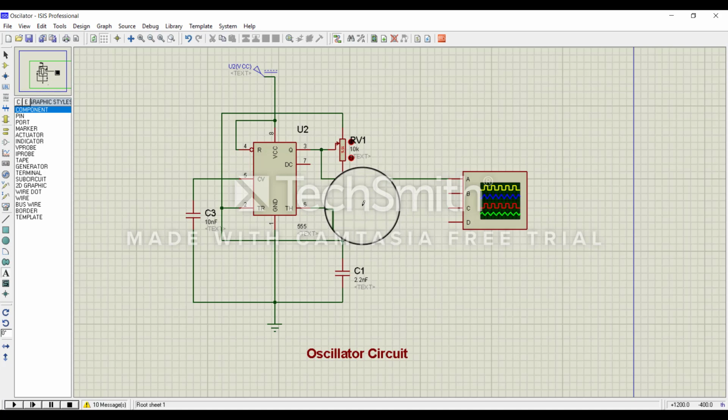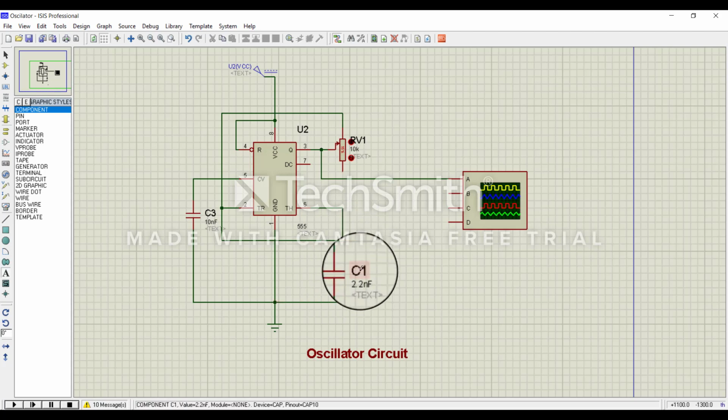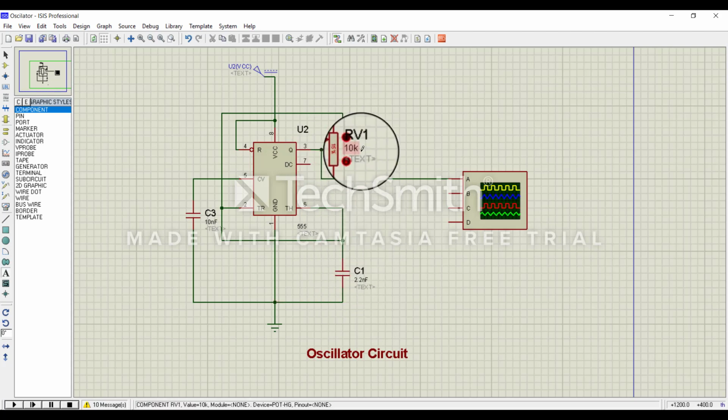The main component of this circuit is the IC555. As we all know, it is also known as a timer IC. We can use this IC in various configurations like astable multivibrator, monostable multivibrator, etc. Here we used it in astable mode. As we can see, pin number 2 and pin number 6 are tied together, and this common point is connected at the junction of the capacitance and resistor. Here we have used a variable resistor.